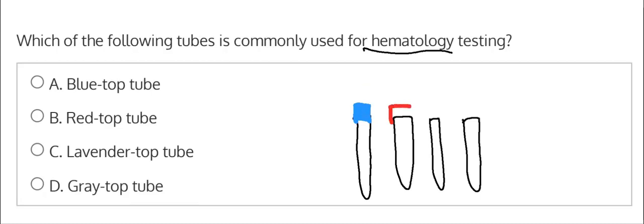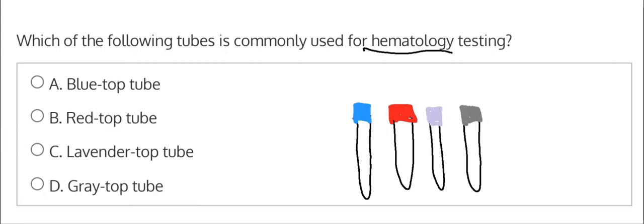But if you're new to the topic of blood draws, you may not have noticed that these colors had a special meaning in the past. You might have just thought, oh, this is the color of the tube. But in actuality, the color of the top has a different meaning, and certain tests are done in certain types of tubes. And the reason that this is important is because some tests need certain types of preservatives to be